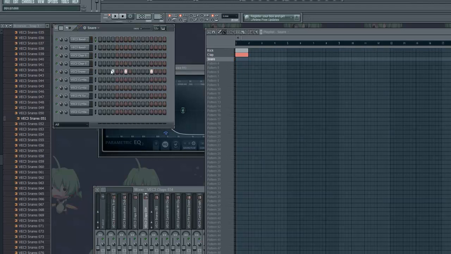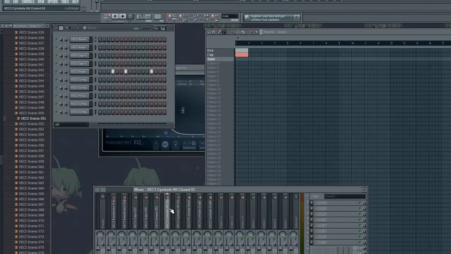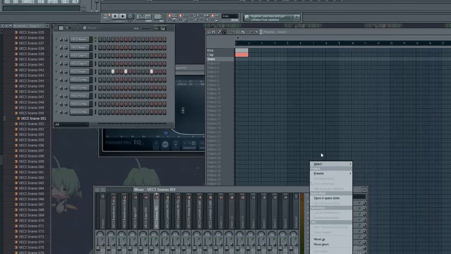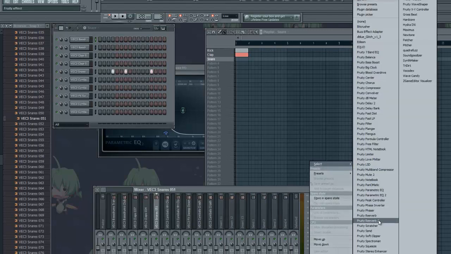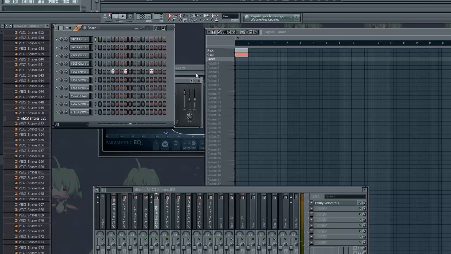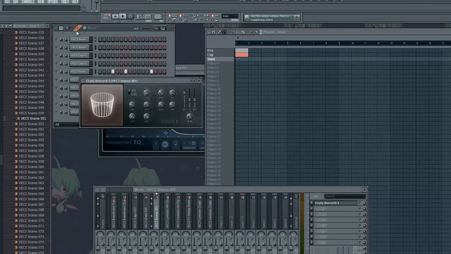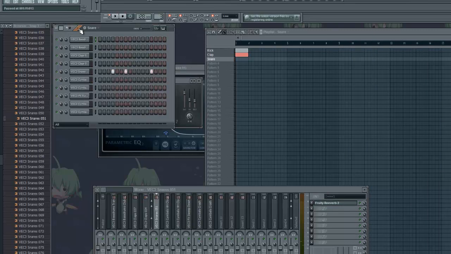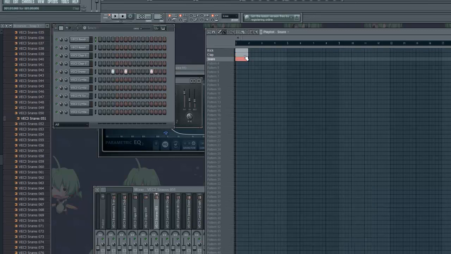So it's kind of like a marching snare, almost. That's what they call it. And maybe go to the FX slot and add a little bit of reverb. Yeah. Like that. And then go to next pattern,